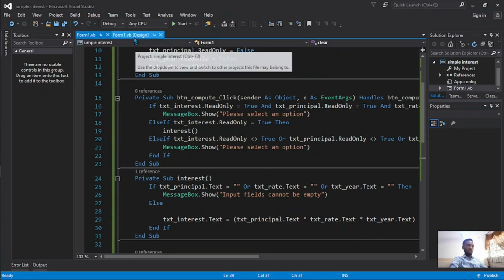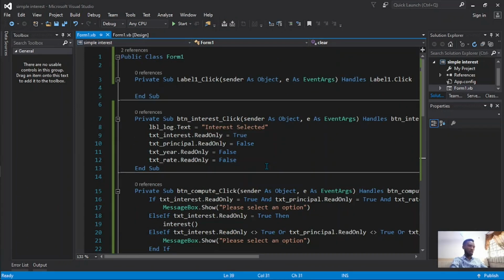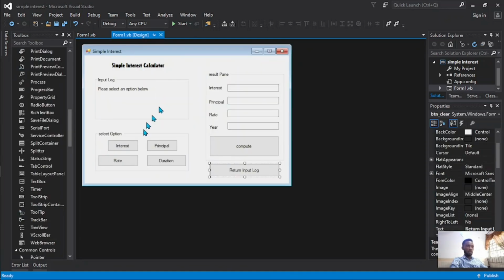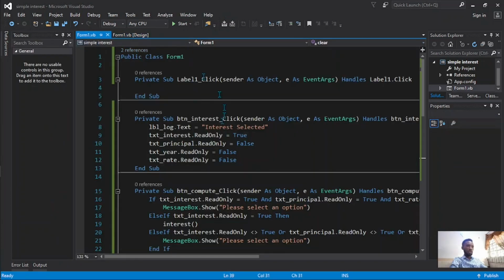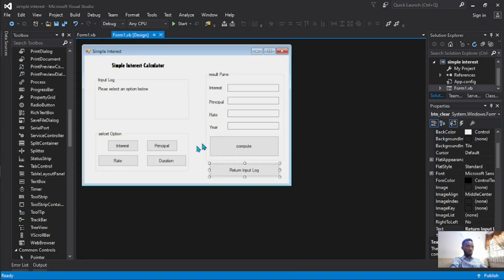Now, what you're going to do here is very simple, mostly just copy and paste. Let's start from this very part. When you click on interest, something happens. So when you click on principal, something should definitely happen also. So what you want to do is copy everything that is here in the interest, then go to your